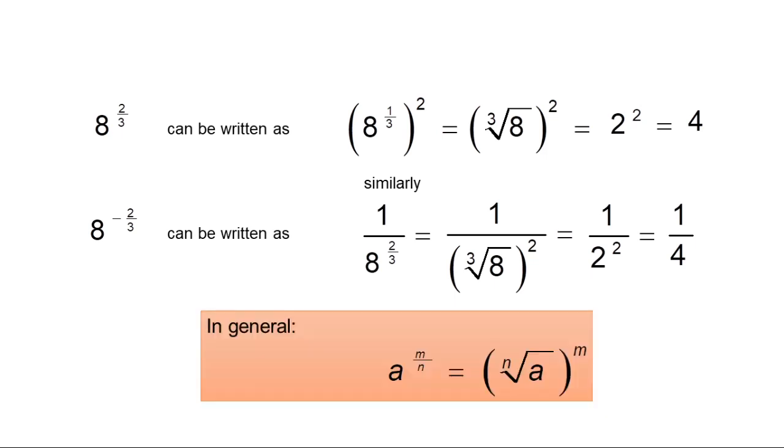Next, in general, a to the power of m over n is equivalent to the n-th root of a to the power of m. So whatever is the denominator over there will become the root, and whatever is the numerator of the index will become the power. Okay, next,